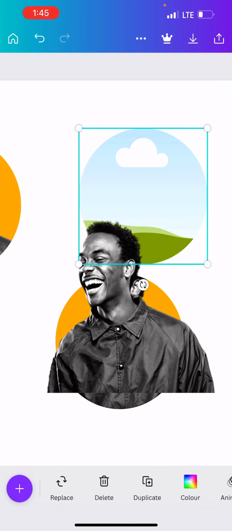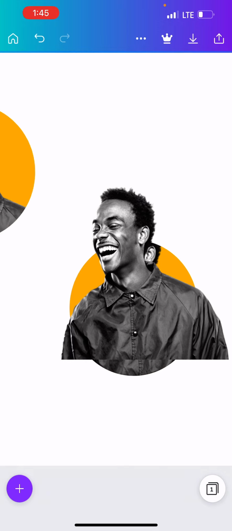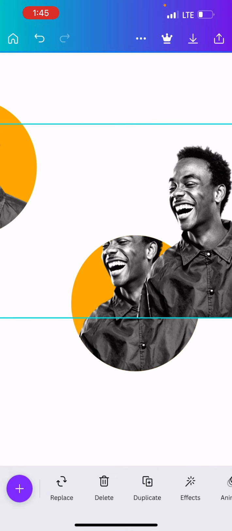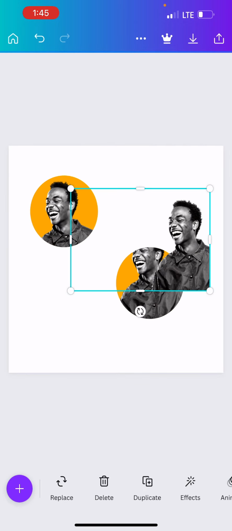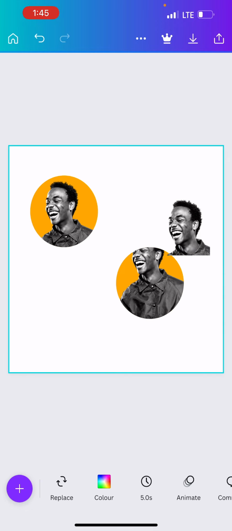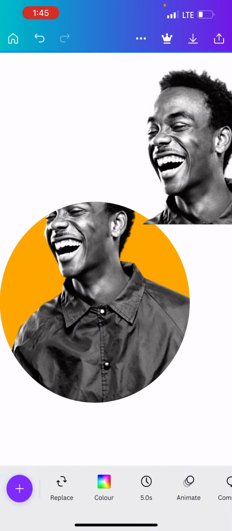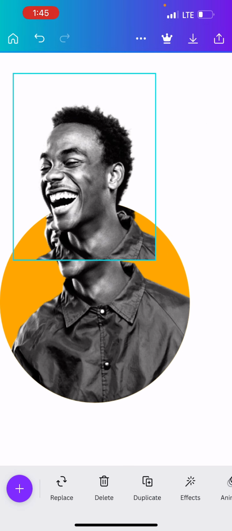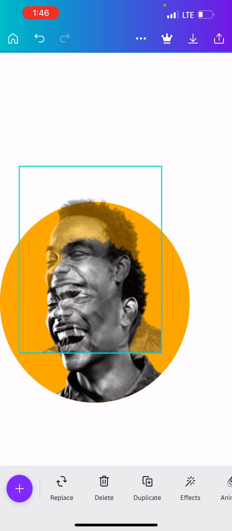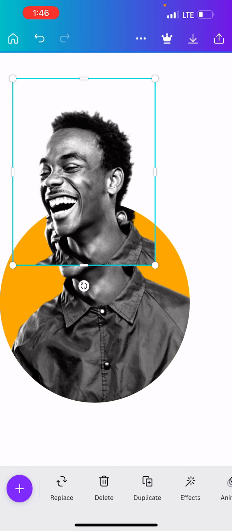Delete this copy of the frame, we don't need that part again. Then we select our image, crop out excess parts. I'm going to just zoom out so you can see that clearly. Yeah, you'll be doing a lot of zooming in and out just to ensure your work is neat. So just like we did the first time, make sure you're not dragging it into the circle. Your hand should not come into the circle from your dragging point, because once it does, it will definitely create a clipping